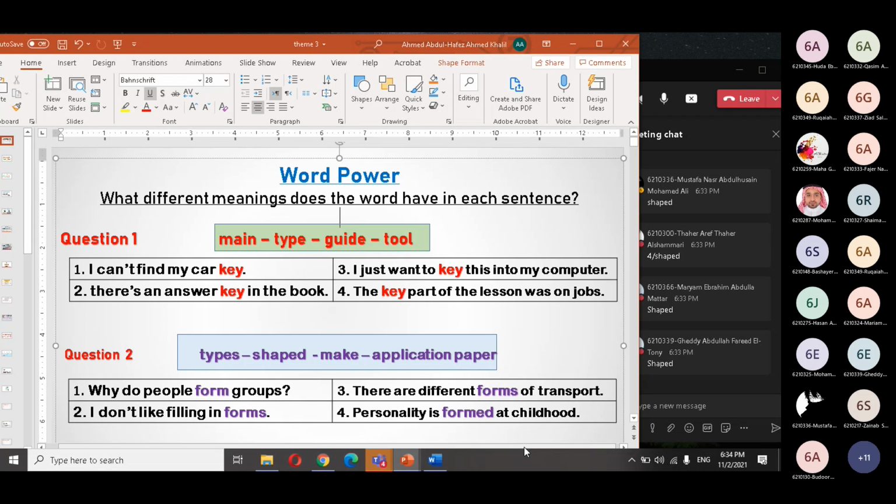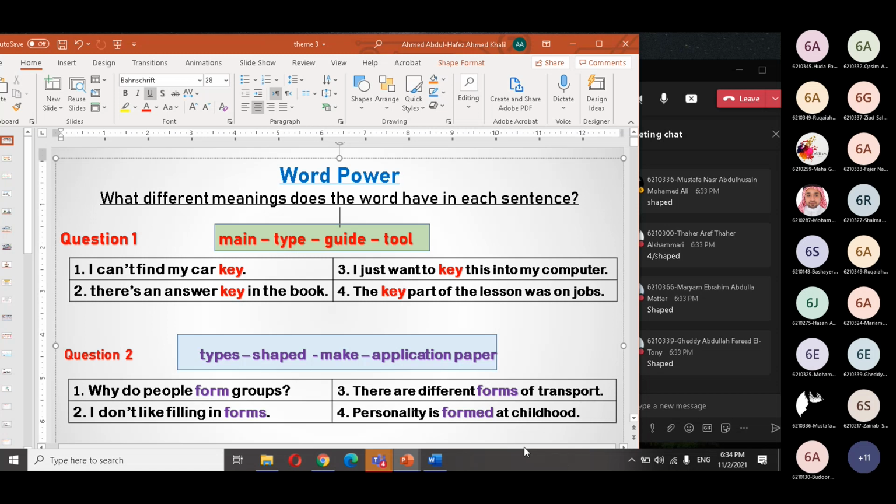And number 3, there are different forms of transport. We have buses, planes, trains, bicycle. These are different forms, means different types of transport. And number 4, personality is formed at childhood, is shaped, تتشكل at childhood. Okay? So, as I told you,